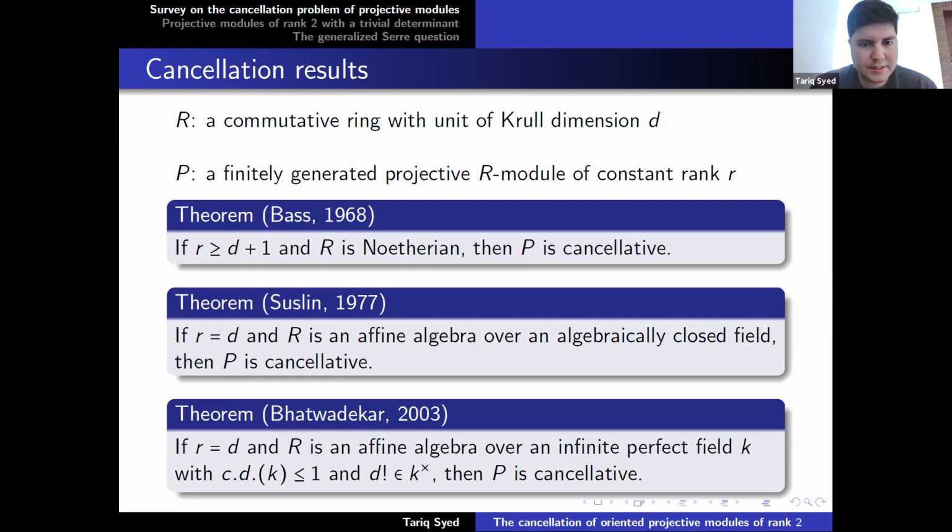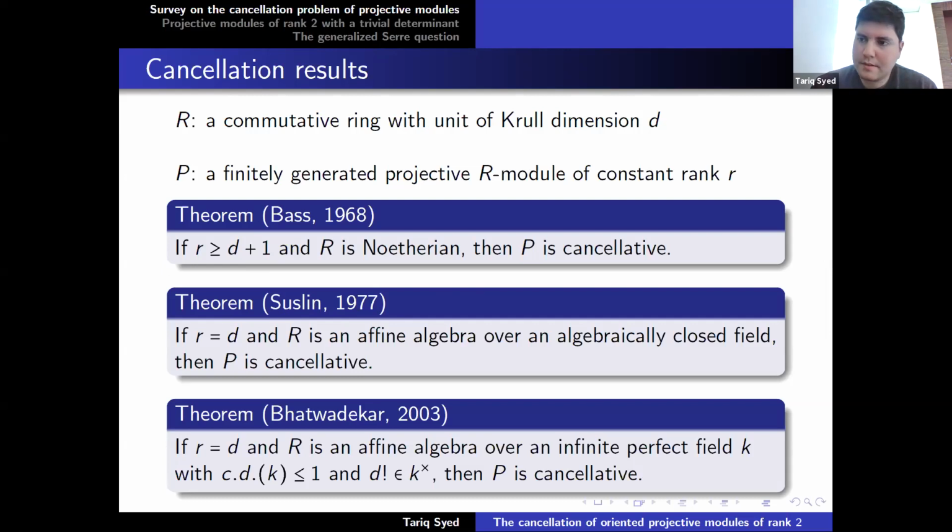And by the way, I should say that this is the best result one can prove in this generality. There's no improvement, simply not possible because of a counterexample, the real algebraic two-sphere, but I'm not going to discuss this in detail, just a brief survey. So focusing on affine algebras over algebraically closed fields, Suslin proved in 1977 that if r is equal to D and R is an affine algebra over an algebraically closed field, then P is again cancellative, and this was slightly improved